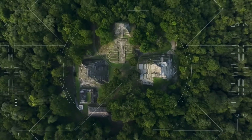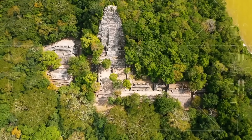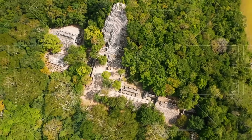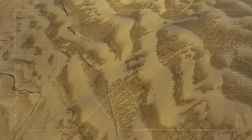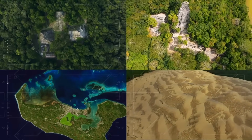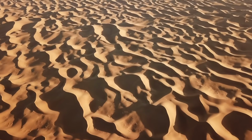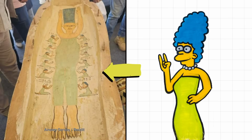In 2024 alone, they found new Maya settlements in southern Mexico, gardens, roads, and rivers in Ecuador's Amazon rainforest, ancient ruins on the Pacific island of Tonga, and the remains of 2 medieval cities along the Silk Road route in Uzbekistan. Maybe some smart technology can also explain what Marge Simpson is doing on Earth in an ancient Egyptian tomb